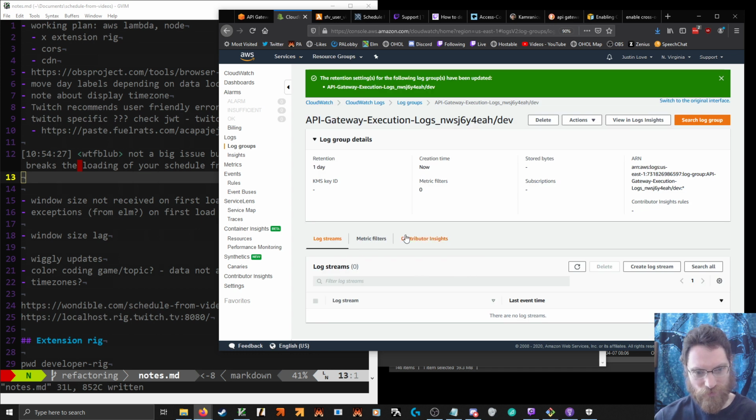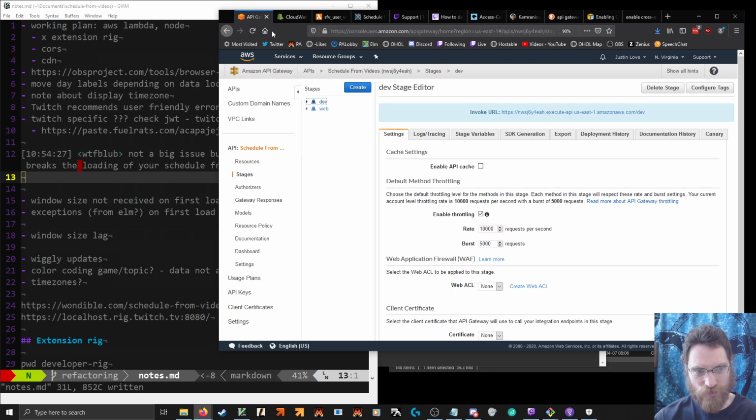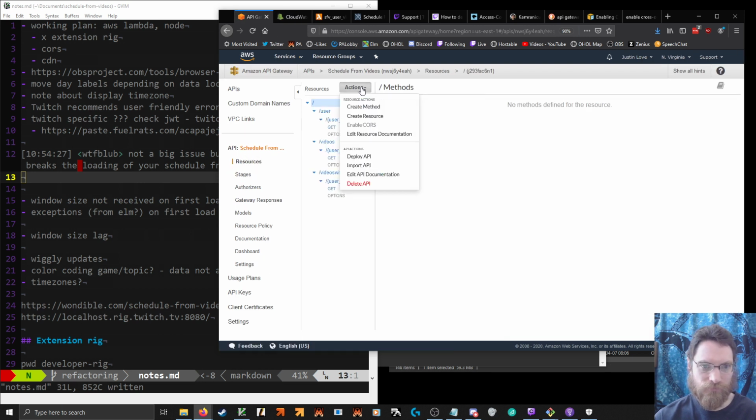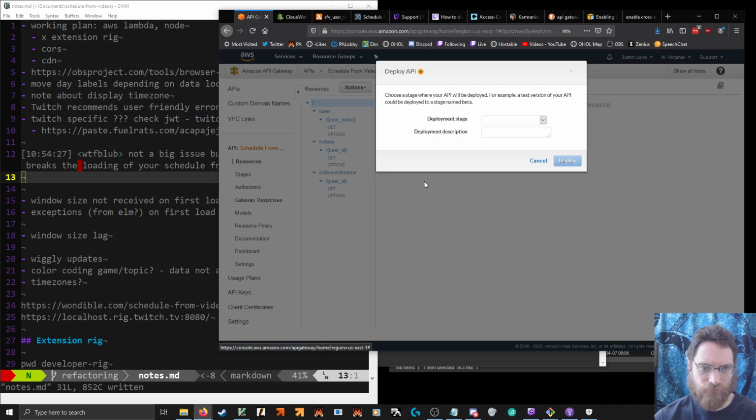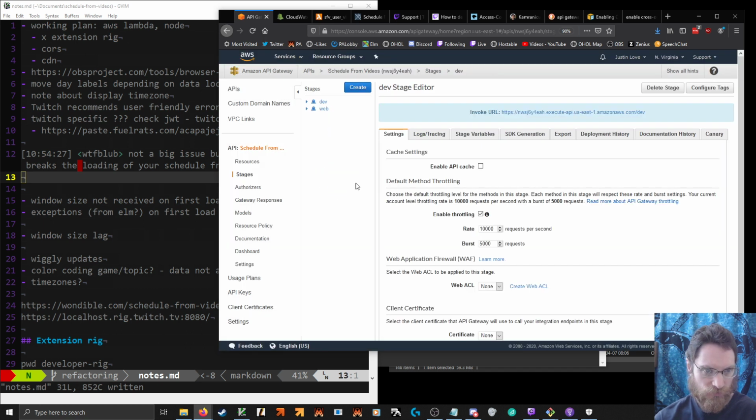Oh, well, it created it, but it hasn't actually put any data into it, so maybe I do have to deploy. Dev is pointed at the live lambda, so there's no issue there.